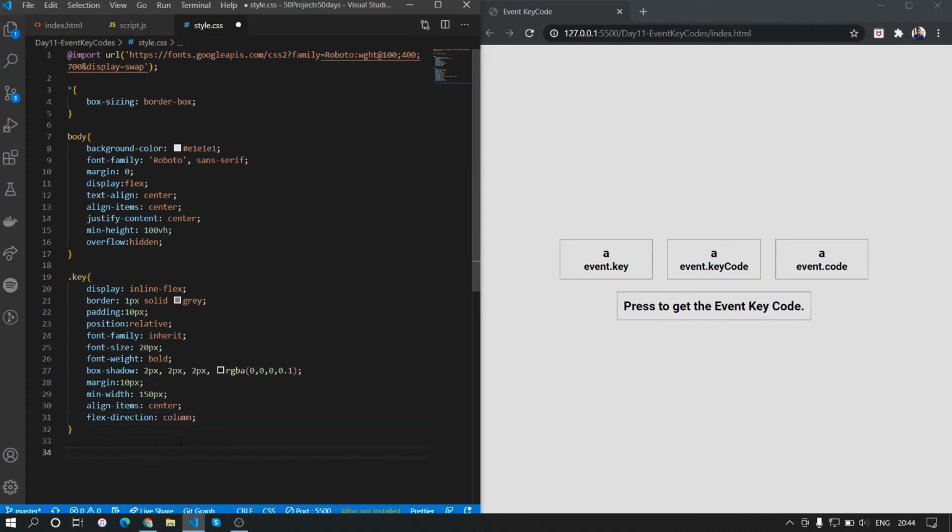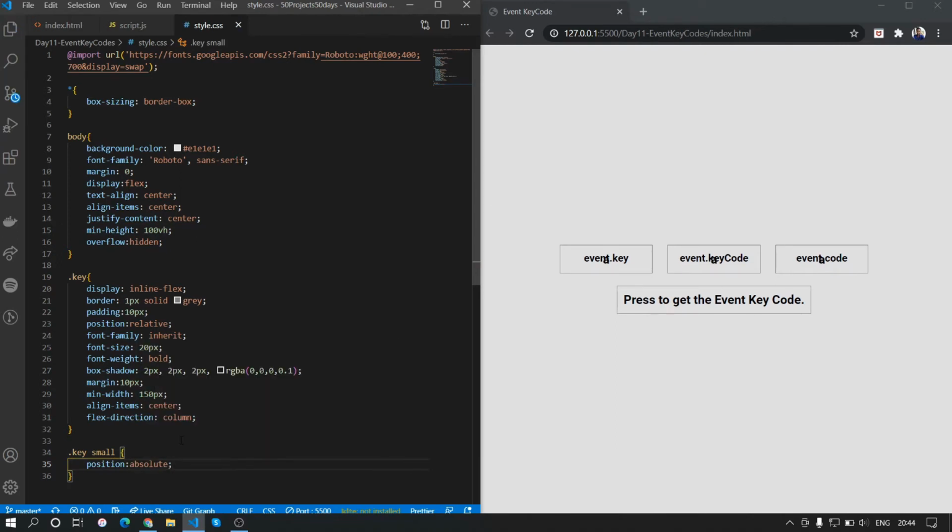Now we'll style the small tag within the key. So key dot small, and we want to position it absolute. So now it's one on top of the other, and we'll change that. We'll give it a top value of minus 25 pixel so that it's on top of the box.